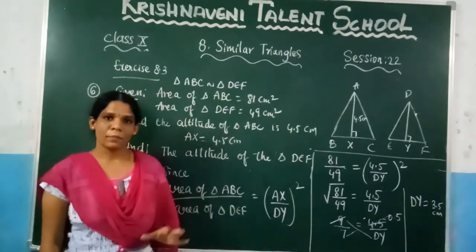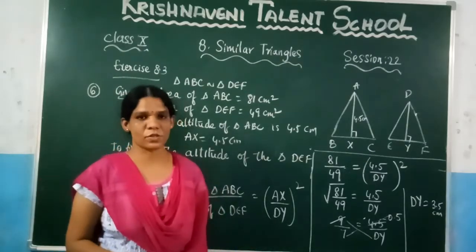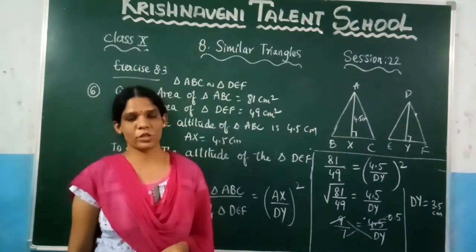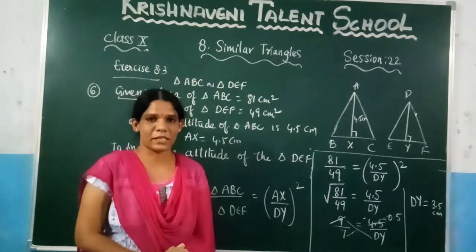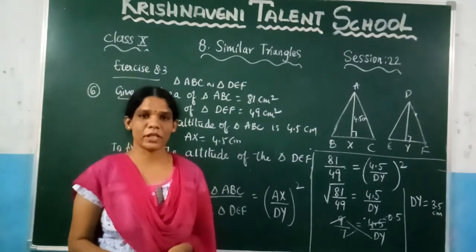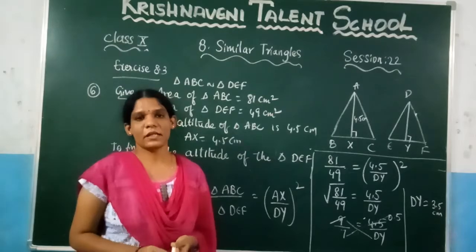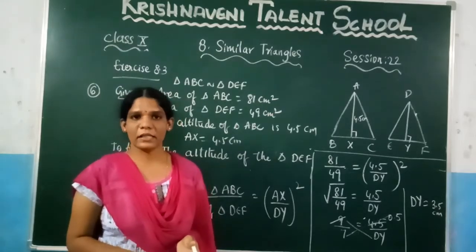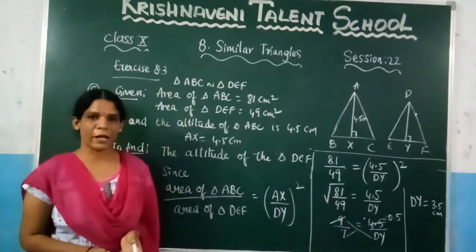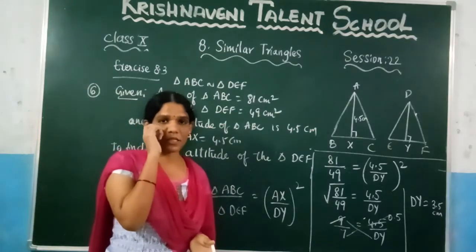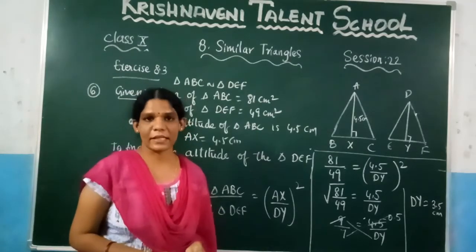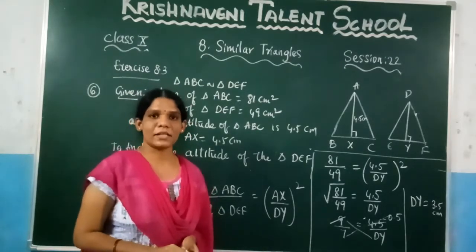Again, before going to the next exercise you need to learn 3 theorems. Based on those theorems only you can solve the problems, otherwise you will not understand those problems. So what are those theorems? Let us see here. In the next exercise we are going to solve the problems regarding the Pythagoras theorem and the converse of the Pythagoras theorem. You are very familiar with the Pythagoras theorem, right? What is the Pythagoras theorem? You know that the Pythagoras theorem is applicable only for the right angle triangle, and what it states, in a right